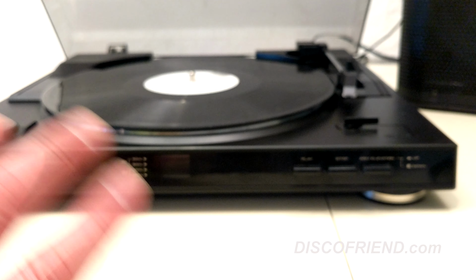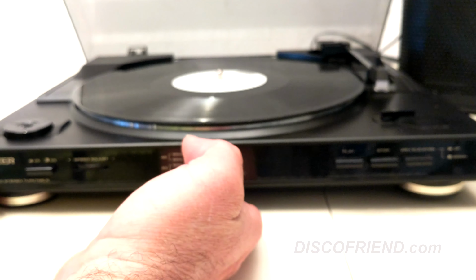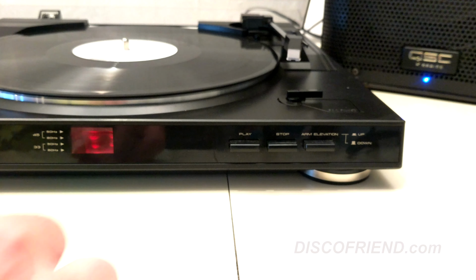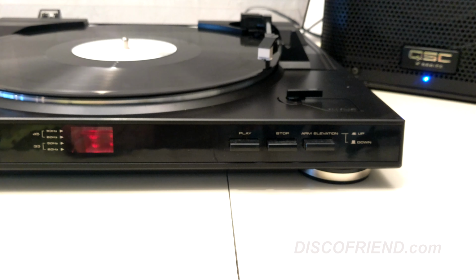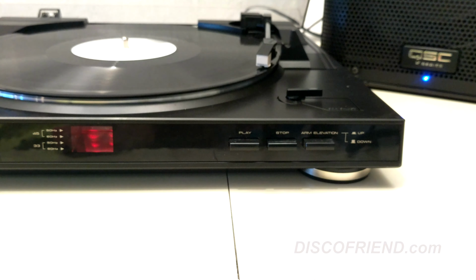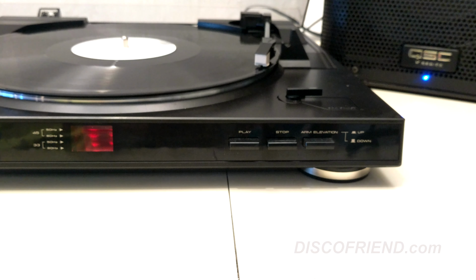If we want to do it automatic, there's no on or off button or knob on this turntable. You just push play. So here we go. And it'll come on over. The needle will make its way over. And it thinks this is a 12-inch record, which it is. That selection is made here. We have it on 30 centimeters, which is a 12-inch record. That's the international way of saying it. So if you're going to be playing a record that's 12 inches...